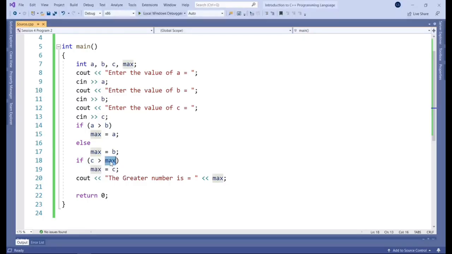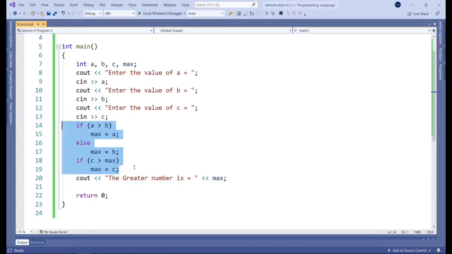We just know that that's the max, and that's really the number to beat. So if C can beat that number or is higher than that number, then you get a new max number assigned. So max would take the value of C, right? So with these two if statements, we've gone ahead and we've analyzed those numbers, and we've determined which is the highest one of them all, and it could be either A, B, or C.